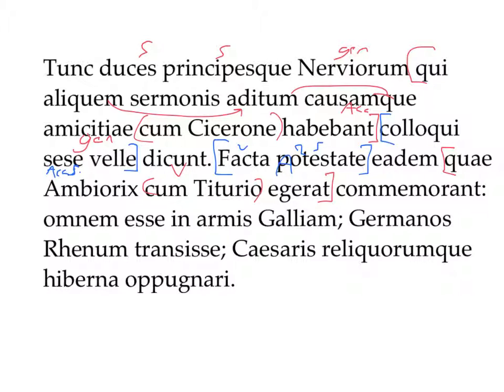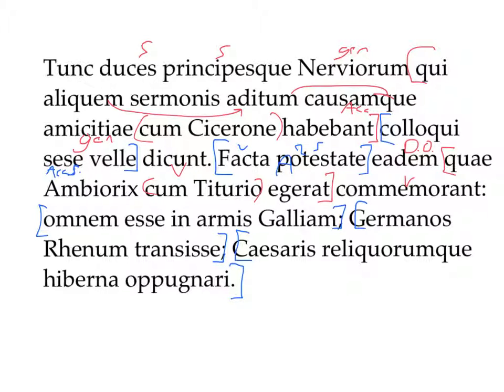So here we have a verb, and in order for us to make sense, I think we need eadem to be a direct object here. Okay. Omnem esse in armis. So actually we can see with commemorant that we're going to be starting a series of ACIs immediately when we see omnem esse in armis Galliam, which is an ACI as well. Germanos Rhenum transisse, and Caesaris reliquorumque hiberna oppugnari. Okay,